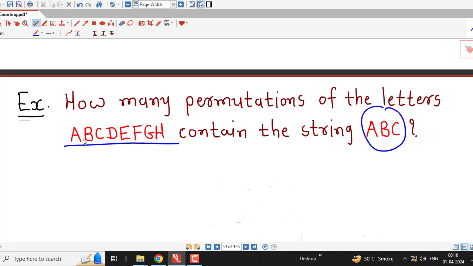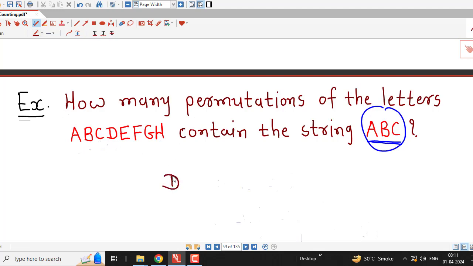So here first we count how many letters there are. There are 1, 2, 3, 4, 5, 6, 7 and 8 letters. But here we have to consider the permutations of these letters in such a way that those permutations contain ABC as a block. For example,